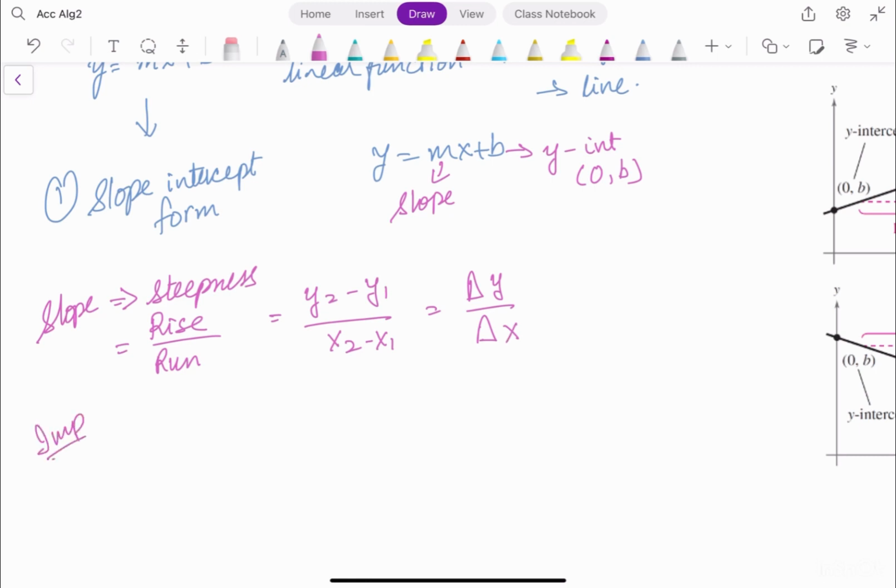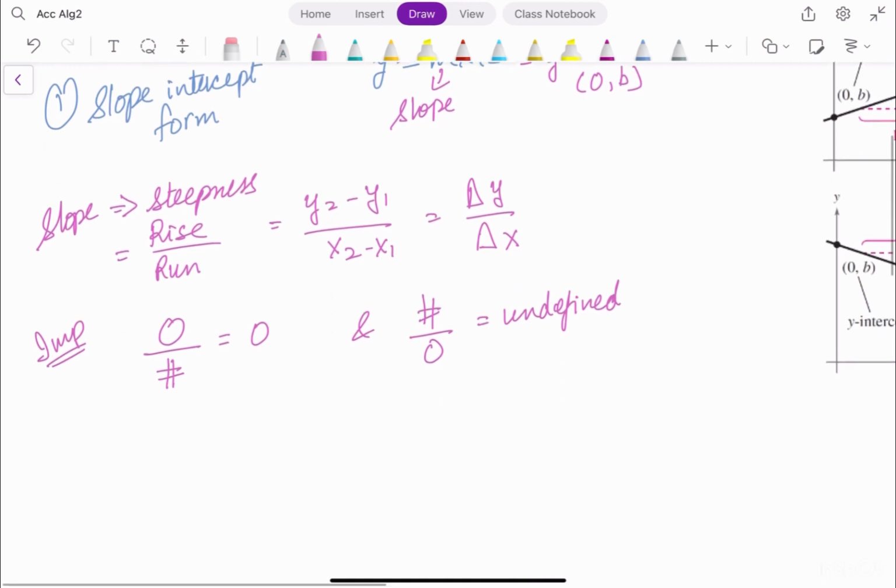A few things you need to keep in mind, because I have seen these as common mistakes. If 0 is in the numerator and any number is there in the denominator, it will be 0. But if the denominator is 0, that is undefined. Understand, 0 under is undefined. Now, before I show you the graphs of positive and negative functions, what will be the graph of